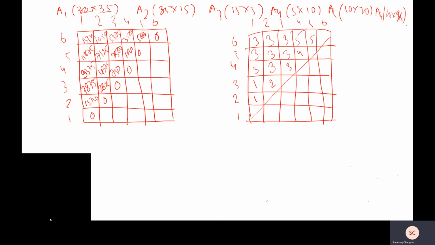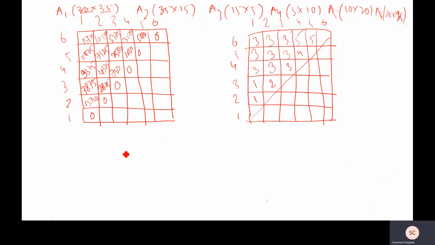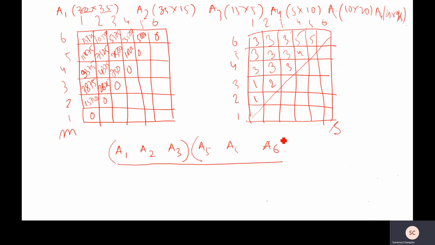What we have to do is multiply a chain of matrices consisting of 6. So we can write A1, A2, A3, A4, A5, A6. From this S table, we will be able to find the order. So what is the S entry? 3. Our target is to multiply A1 to A6, the whole chain. What is the entry for A1 to A6? 3. So 3 means we will divide the chain in this way: k, so Pk this and Pn minus k this.